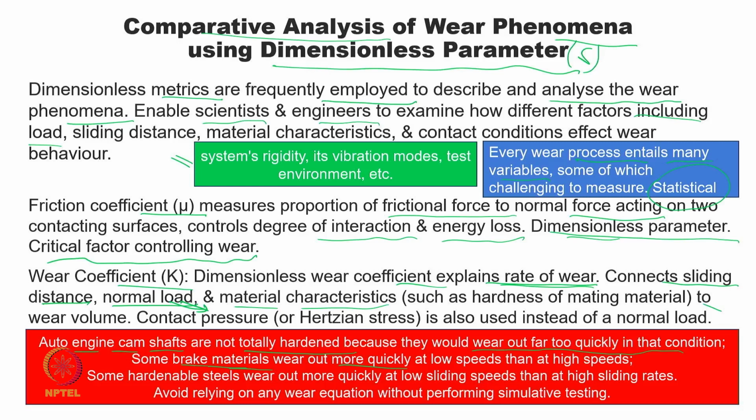So, finding the K value really gives us some sort of input to brainstorm the solution, why it is happening. So that we become more aware something is changing, maybe whatever assumption about the mechanism we thought may not be correct and we need to really change. So, it is basically this coefficient really helps us to brainstorm, to deliberate, to understand what is the new thing coming out, and then we need to really work on that. So, another example we say that the hardenable steel wears out more quickly with the sliding speed coming,